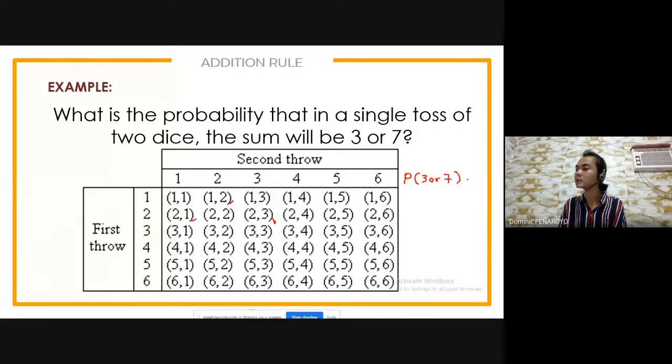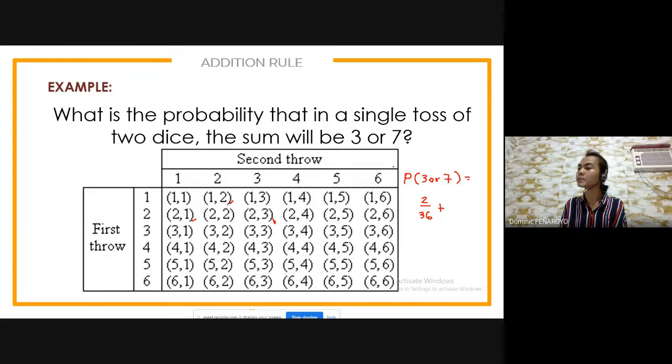Okay? So that would be equal to, dito na tayo sa baba. So the sum will be 3, that is 2 over, again, the total number of the sample space, or the cardinality of the sample space, is 36. So that is 2 over 36 plus, since it is or,